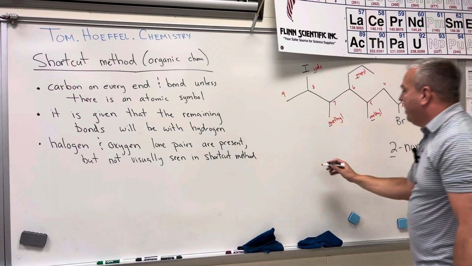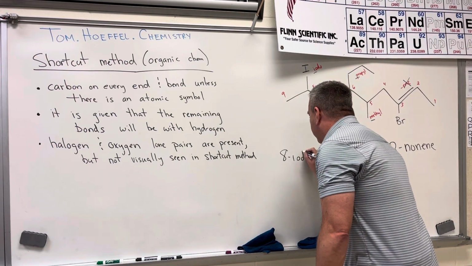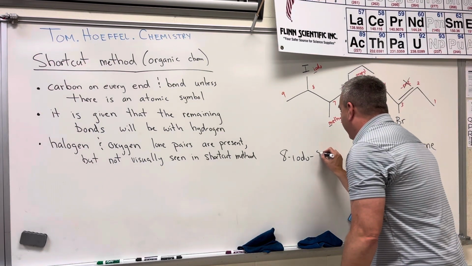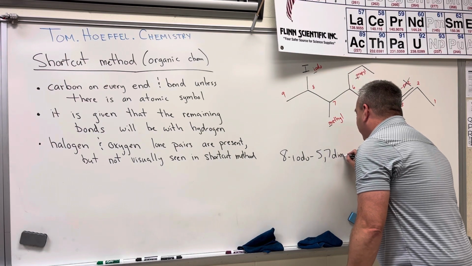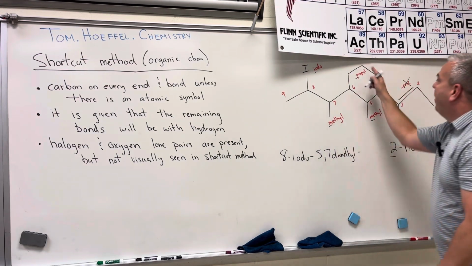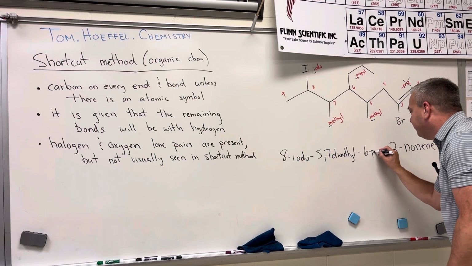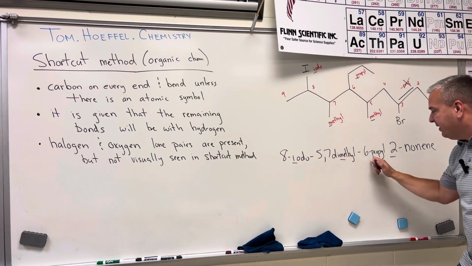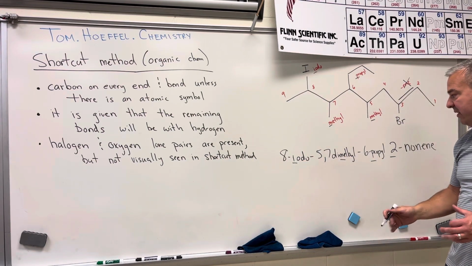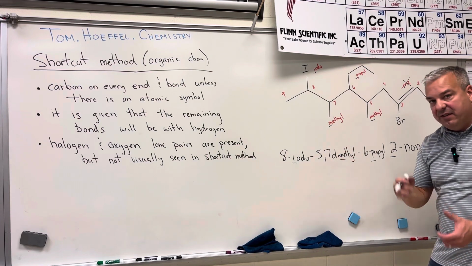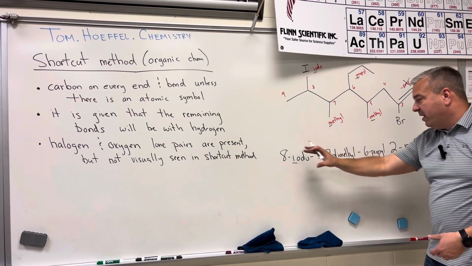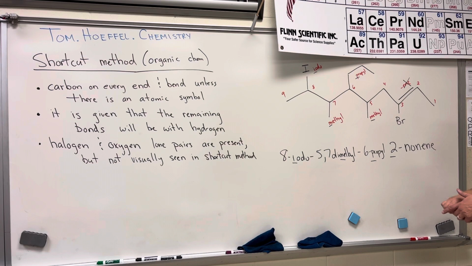Okay, so it's going to be 8-iodo, followed by the methyl groups, which come next, which is going to be the 5 and the 7, followed by the propyl group on the 6. So if you look at this, it's going to be I's, then M's, then P's as far as the alphabetical order is concerned. Remember, I am not using the prefix of di, tri, or tetra when we have multiples of the same side chain. Okay, so this is the answer: 8-iodo, 5,7-dimethyl, 6-propyl, and I forgot